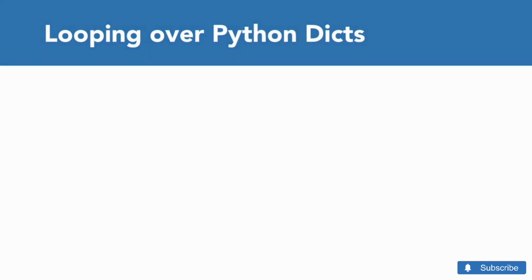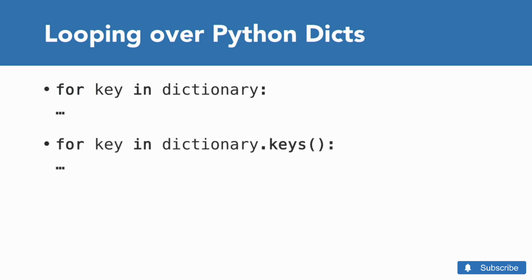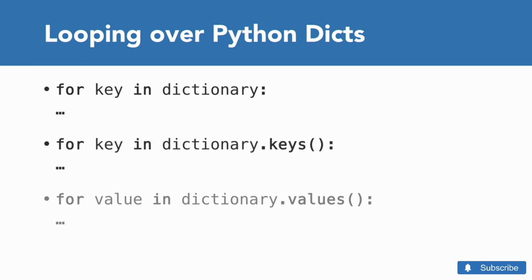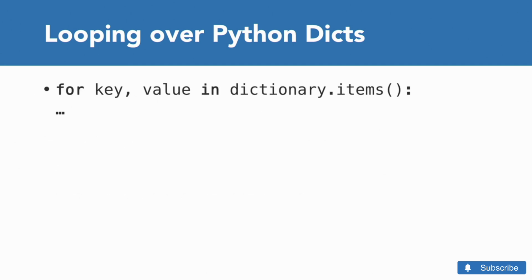Looping over a dictionary is very similar to looping over a list. However, there are 3 different kinds of loops you may want to write. The most straightforward syntax loops over the keys, for key in dictionary. Here I'm using bold to denote language keywords, whereas Roman words are the names of the variables that you will be using. You can also loop explicitly over the keys, you can loop over the values, and you can loop over the keys and values together. Let's see an example of each of these.